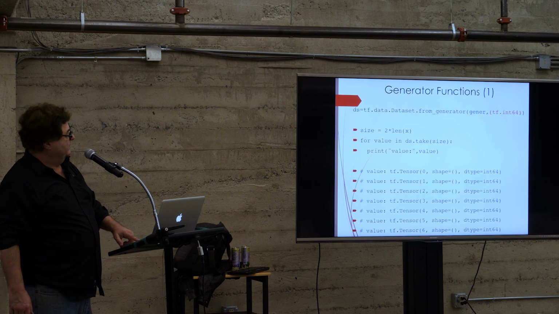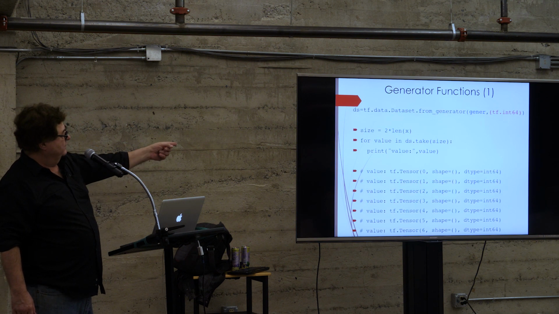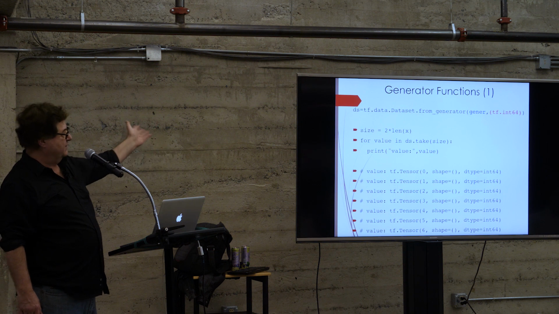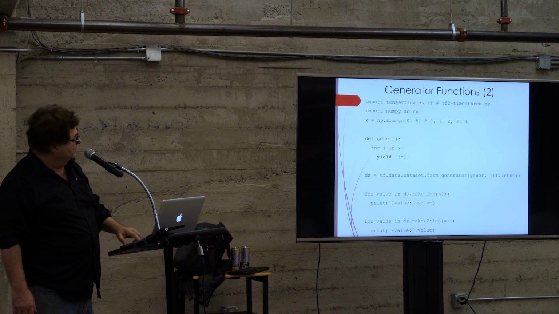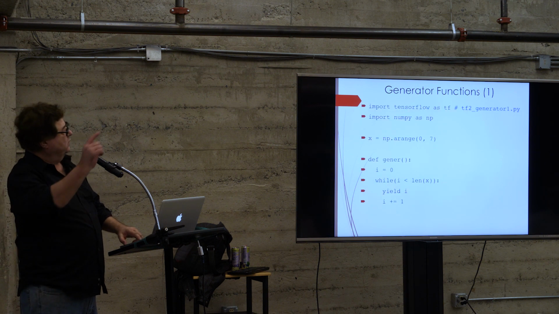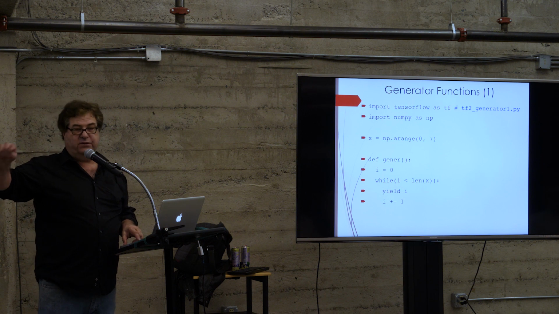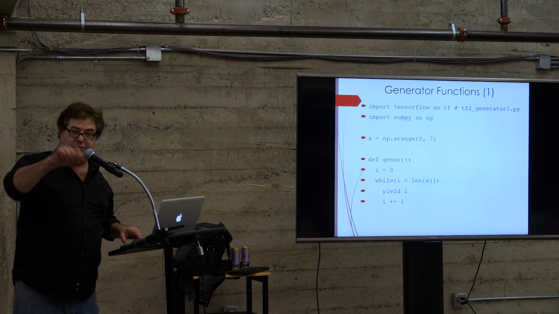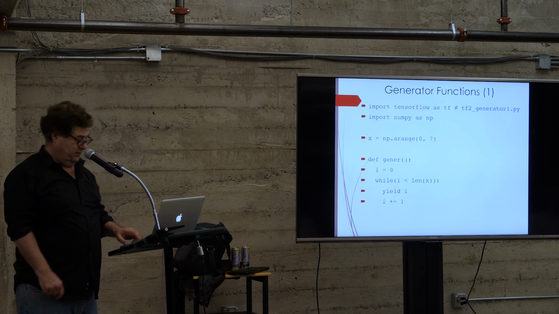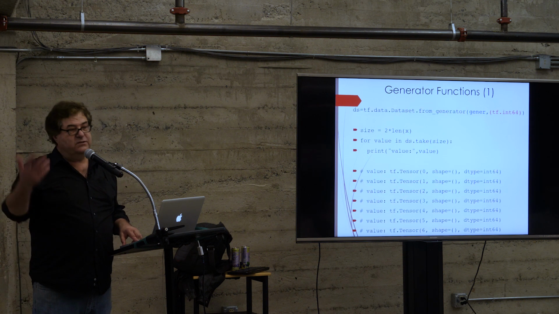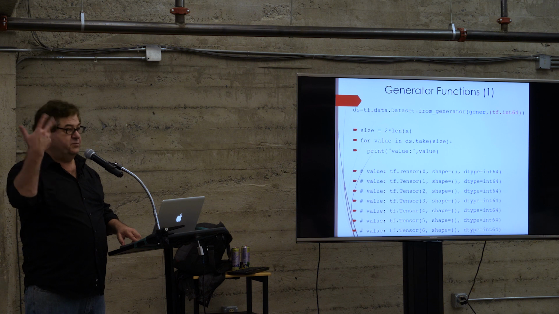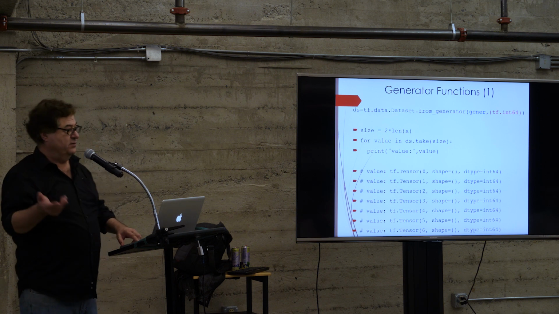So what's going to happen is we take size is bigger than the length, so it's just going to be all the numbers. And as you can see, we have 0 to 6. Why is that? Because we had range 0, 7. That's the numbers 0 through 6 inclusive. Okay, does that make sense? This is sort of the hardest part, conceptually, if you're going to be using generators.